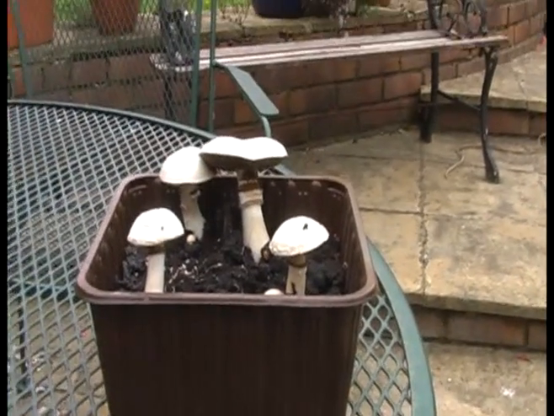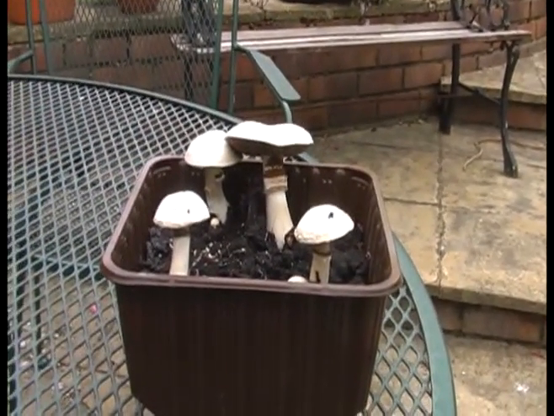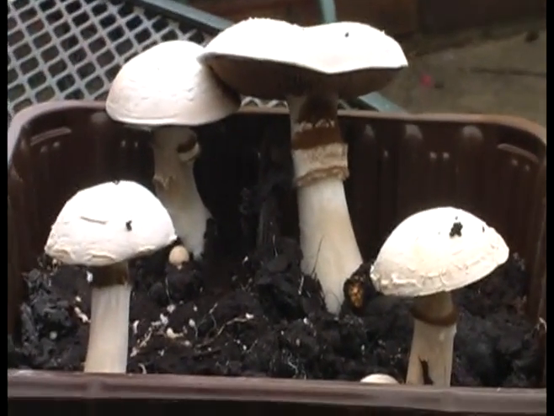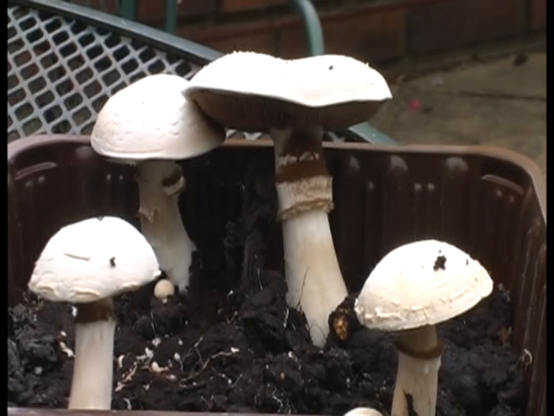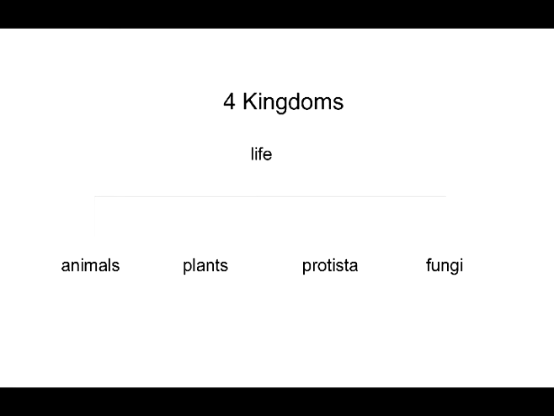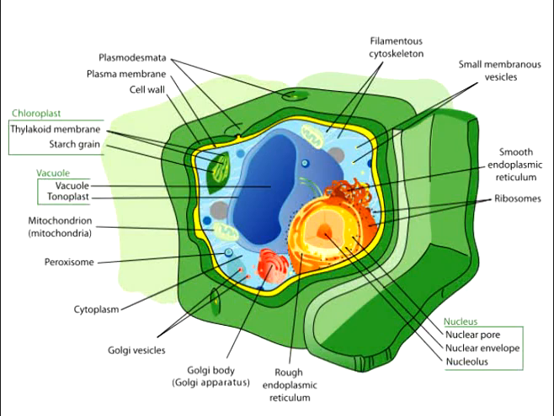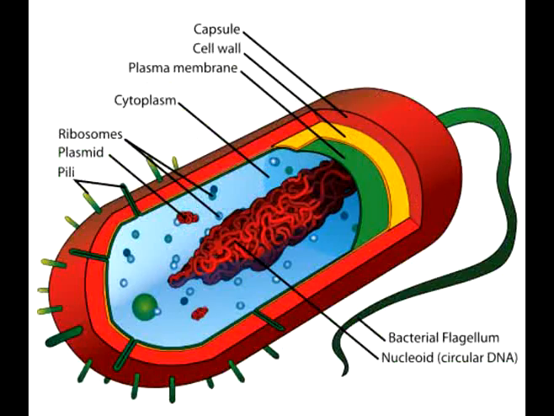Then it was agreed that fungi, which up until then had been grouped with plants, should have their own kingdom, as they are in fact not at all like plants. So we moved onto a four-kingdom system. Then, as a result of further research made possible by improving microscopes and techniques that revealed the inner structures of living cells, it was discovered there is a fundamental difference between bacterial type cells and everything else.